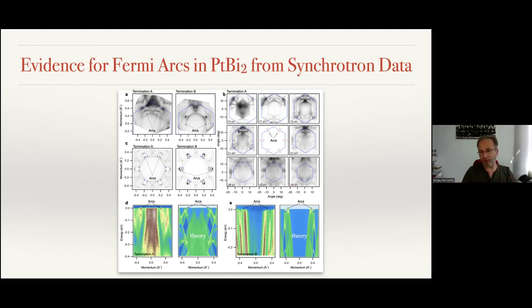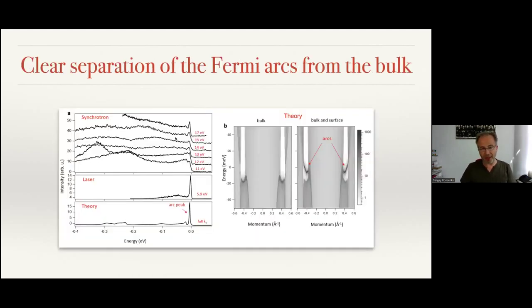And this is important because when the photon energy changes, the three-dimensional structure changes because we cut at a different KZ. If we study surface states, they should not depend on the photon energy. Of course, the intensity could be a function of the photon energy, but generally they are not depending on photon energy. So this was a confirmation that these are surface states. Again, we did it at different energy and with the laser compared with the theory, so there was no doubt